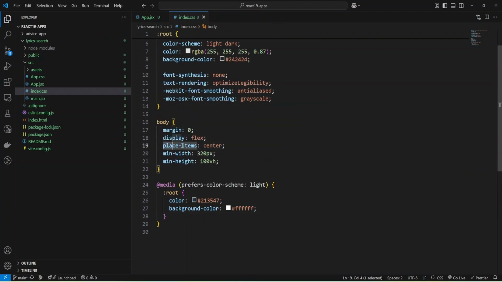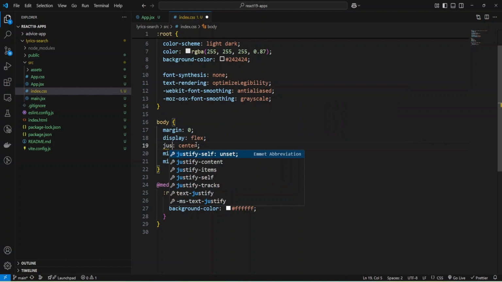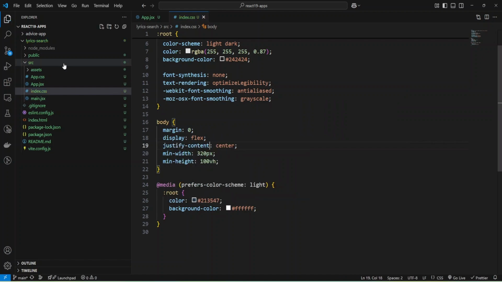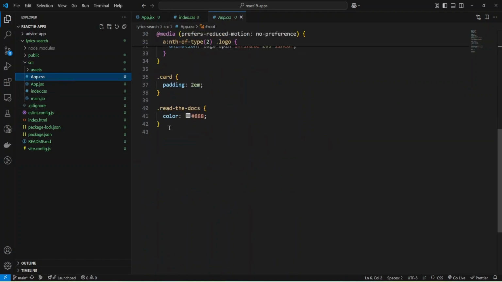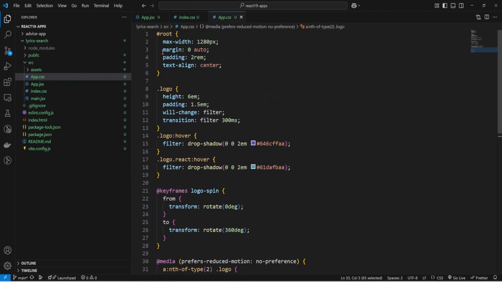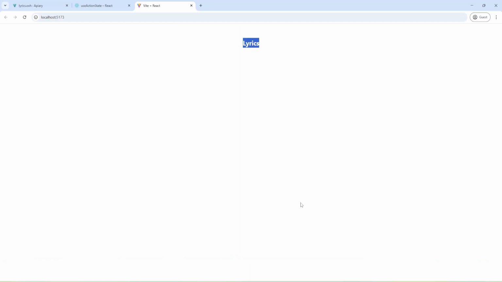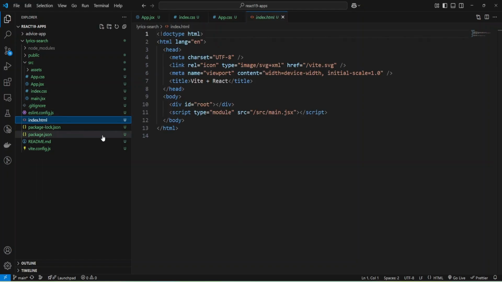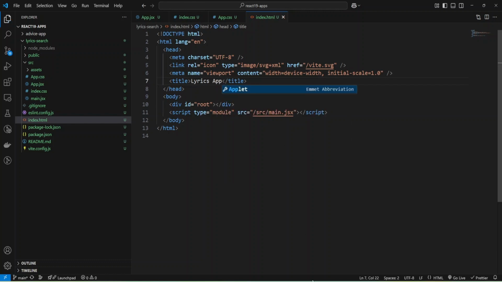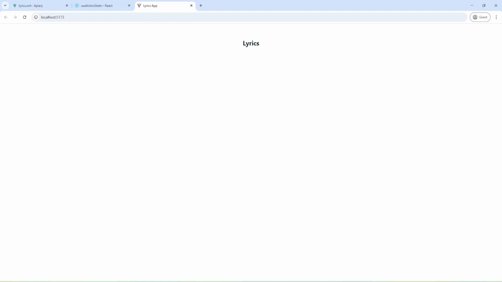Okay, and let's change this place-items to justify-content, and also in App.css I'll remove all styles except the root element. And let's check. Okay, we have our header, and also I would like to change the title to something like Lyrics App. Let's check. And as you can see, I have Lyrics App.